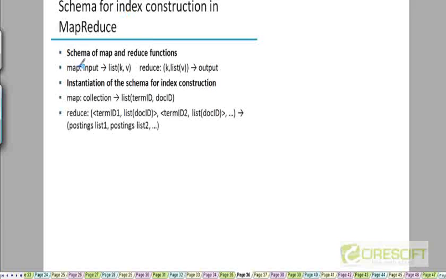So the map function in MapReduce is going to take the input, like recall that the input over here was a split, and it's going to transform the input into a list of key value pairs. Okay, so k comma v is a key value pair. It's an ordered pair. Now the key for the indexing task were the terms, and the values were the doc IDs. But in general,